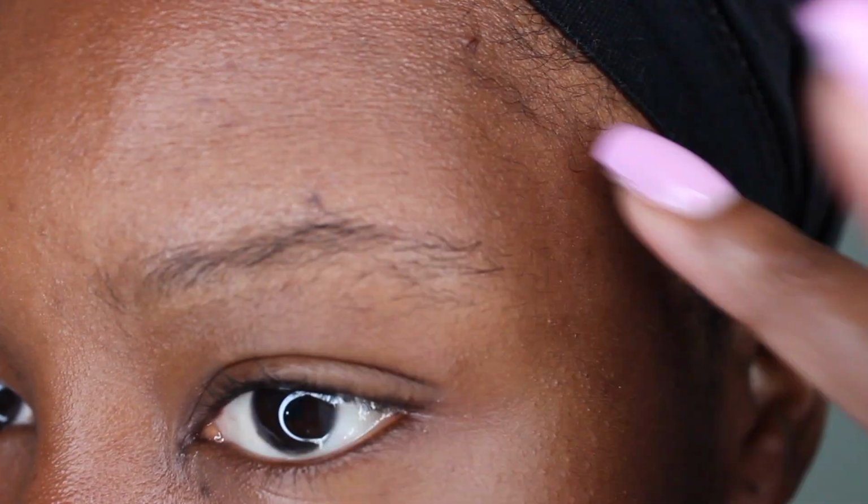Alright guys, so hopping right into the video, this is what my eyebrows currently look like. They are definitely quarantine eyebrows, sis, because they just really have no shape right now. So I am gonna fix that, and the first thing I'm gonna do is just brush my eyebrow up with